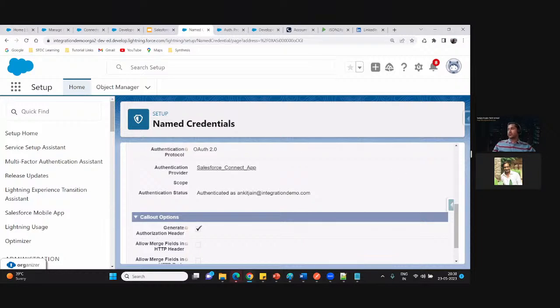So the best way to do the authentication is definitely the OAuth. All the web applications are following the OAuth integration. It is considered the most secured integration. We do have OAuth 3.0 as well, but as of now, I believe Salesforce is not supporting OAuth 3.0.